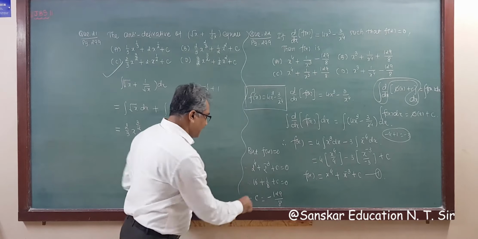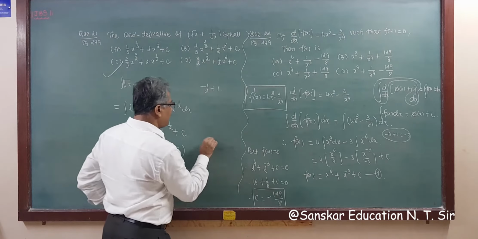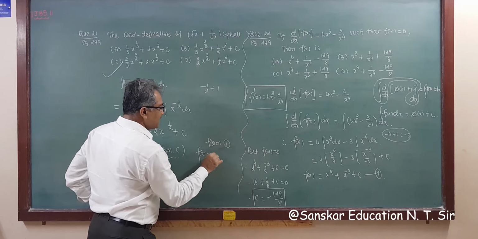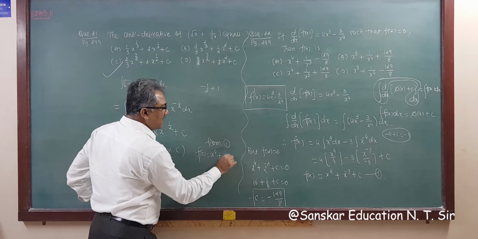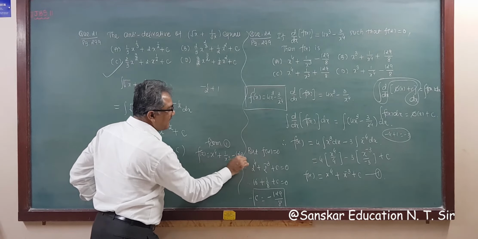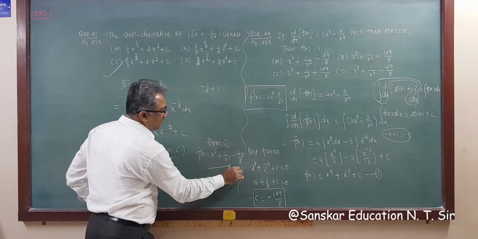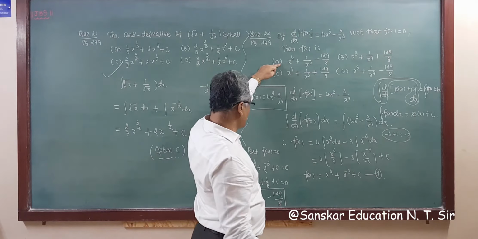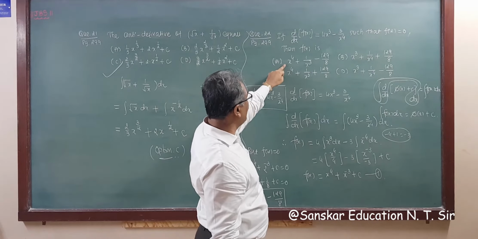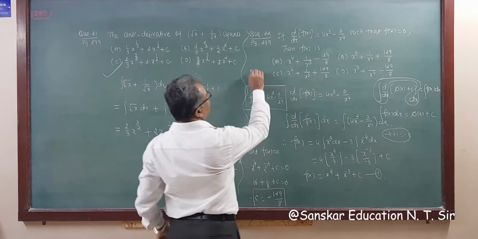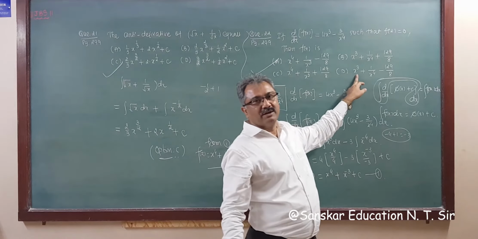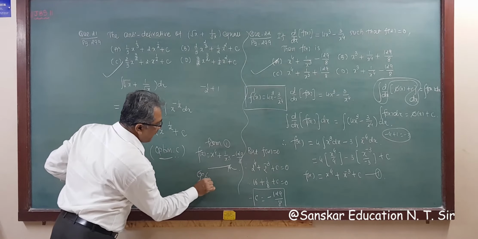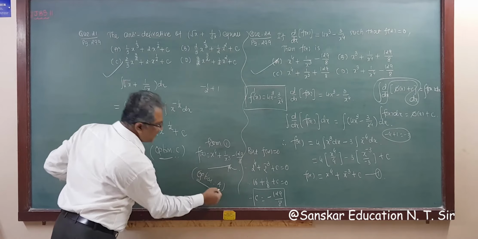So substituting the value of c in equation number 1. So from 1, what we get? From 1, your function will be x raised to 4 plus 1 upon x cube minus 129 divided by 8. This is your answer. So this matches with minus 129 that is given in 2 options. So which one is your correct one? This is x raised to 4, and 1 upon x cube. So option A is correct, because here is x raised to 3 and 1 upon x raised to 4, so that is not possible. So option A is your correct answer, right?